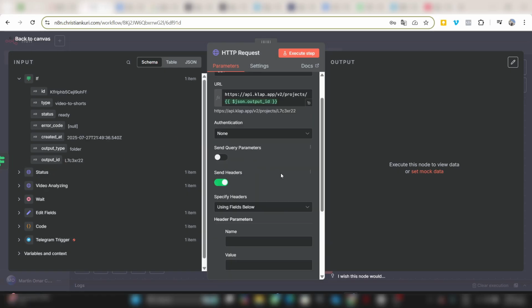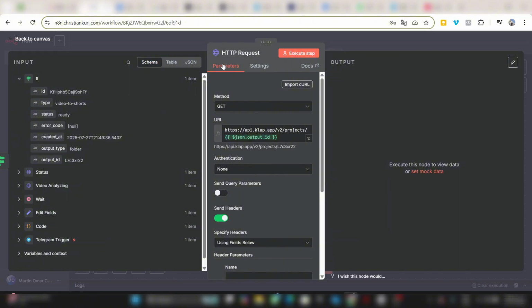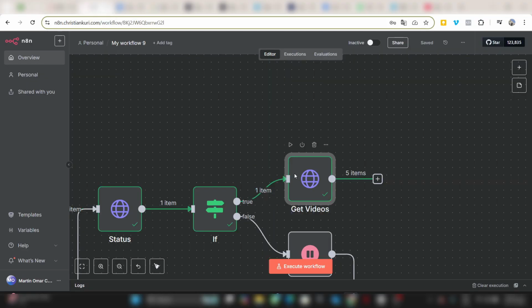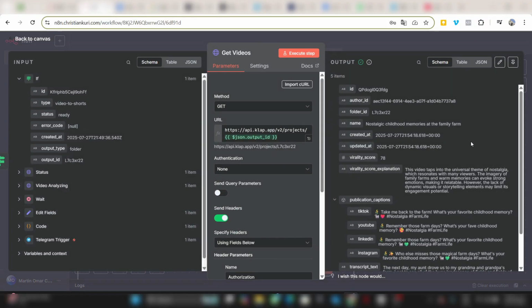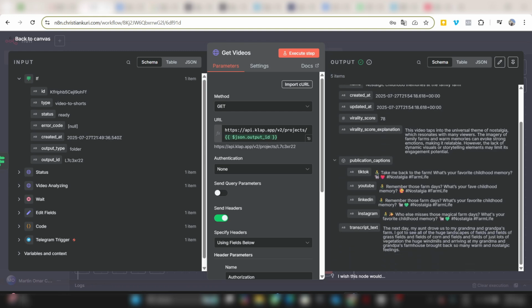The next step would be to set up your credentials and rename this node. We give it the name, fulfill our credentials, and execute. That's it. It's done. We went in to see what it generated for us. It generated a virality rating, as well as possible captions for our social networks such as TikTok, YouTube, LinkedIn, Instagram,